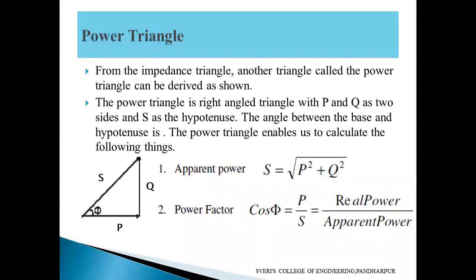So now I think the RL series circuit is completed. For the RL series circuit and RC series circuit, the main important thing is that first you have to draw the circuit diagram. After that, you write the formulas for the voltage across resistance, inductance and capacitance. Then you write the current equation. Then you draw the phasor diagram, and you can also draw the waveforms of voltage and current. After that, you write the power equation. Then you go for the voltage triangle, impedance triangle, and power triangle. These three triangles you have to do. Is it clear now?